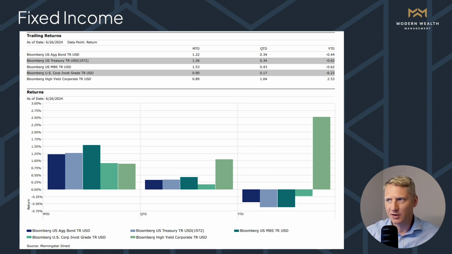It's been a difficult year for the bond market so far, as we've seen rates generally edge higher, making it difficult for positive returns. We're still slightly negative on the year in the broad market indices on the investment grade side of the picture, although June has been generally positive as the treasury curve has fallen to some extent. The bright spot has been the high yield corporate market, up over 2.5% year to date, and that's thanks to that elevated spread that we get for the compensation for the additional credit risk taken for below investment grade companies.